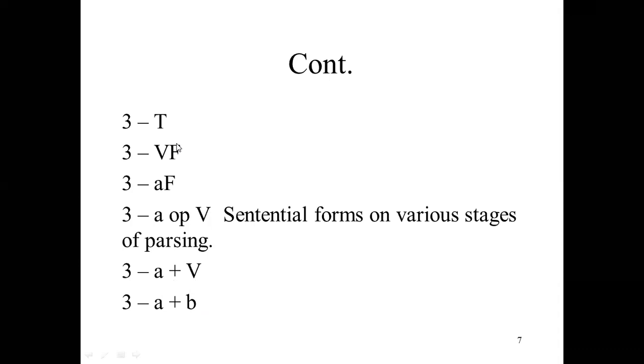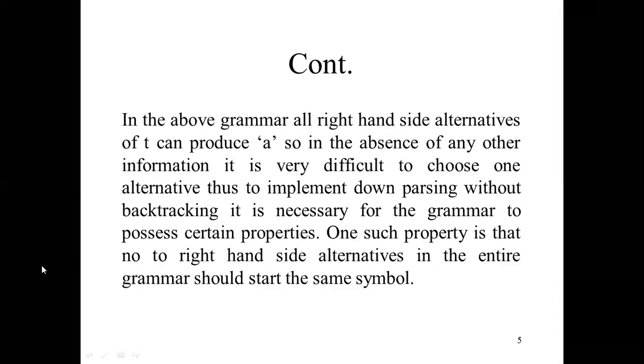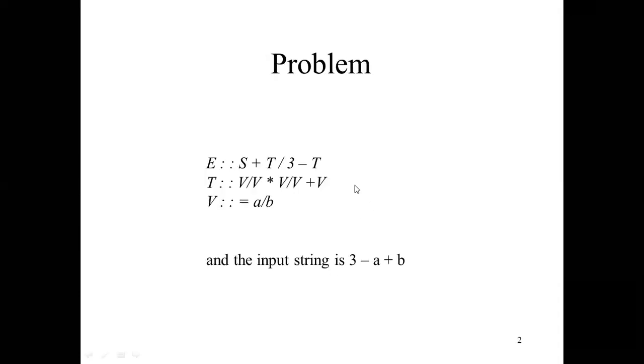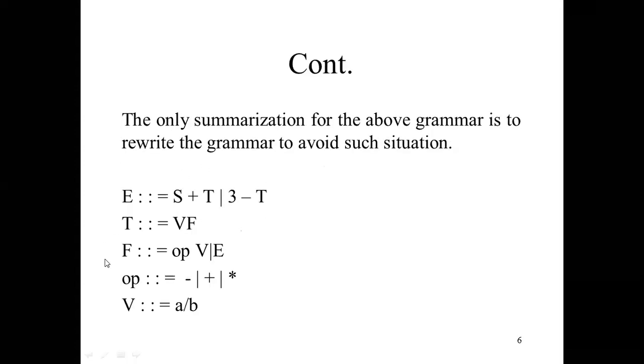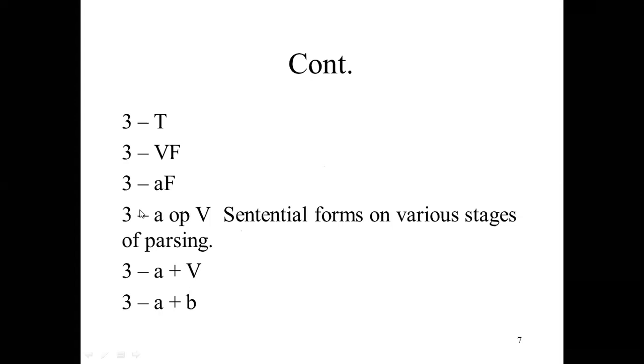So we will use this grammar. In the preceding grammar, we are unable to get this because we are not providing the precedence. In this case, you can see this is a direct grammar. Failure may occur. So we are going to update this grammar by this one, and this is the fixed grammar. Now we will consider this grammar, and as per this grammar we are able to achieve 3 minus A plus B.